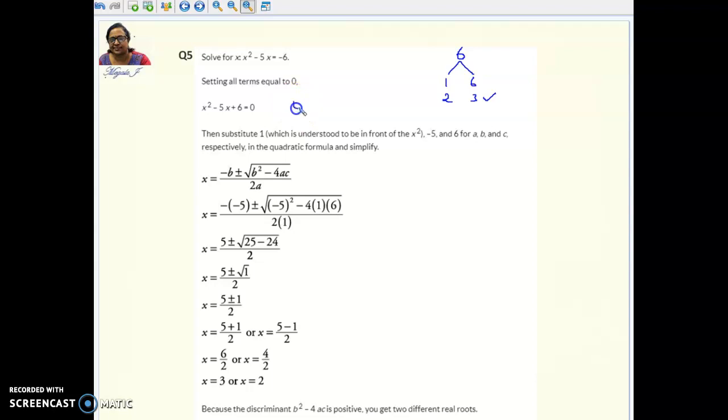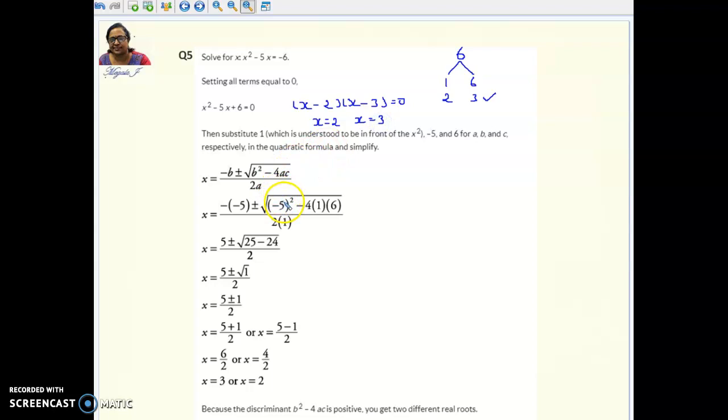So what you can do is write this x here. Again, write this x here. This is equal to 0. And one will be 2, the other will be 3. And what is the sign here? What is the sign you have for this? Negative. So the larger number will have negative and the smaller number will have again negative. Why negative? Because this is positive. Obviously both should be negative. Okay. So therefore x is equal to 2, or I can say x is equal to 3. So these are the two answers.